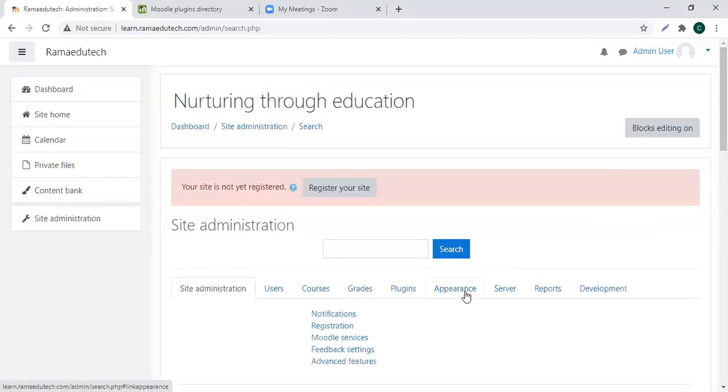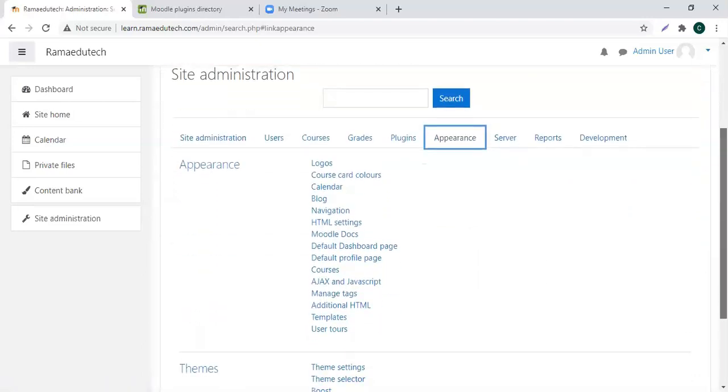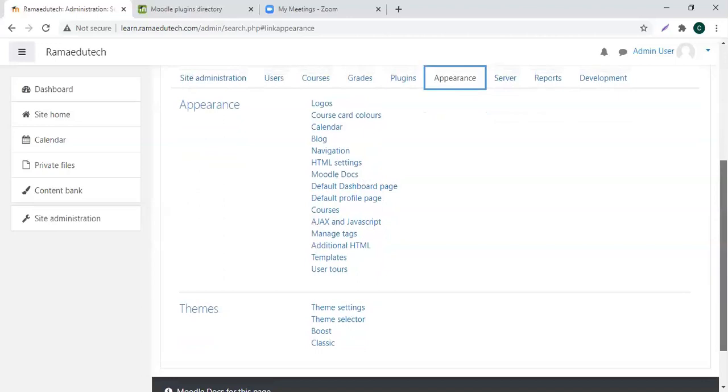From here, go to appearance, because theme is related to appearance. Okay. Now there are 4 things to it: theme settings, theme selector, boost, and classic. Boost and classic are the 2 default themes that come pre-installed in Moodle. Okay. And then we have theme selector,